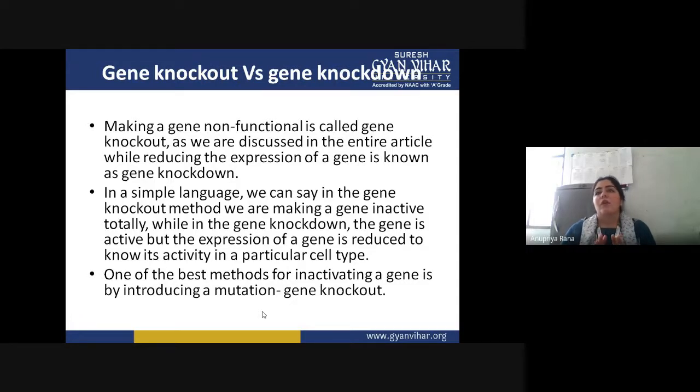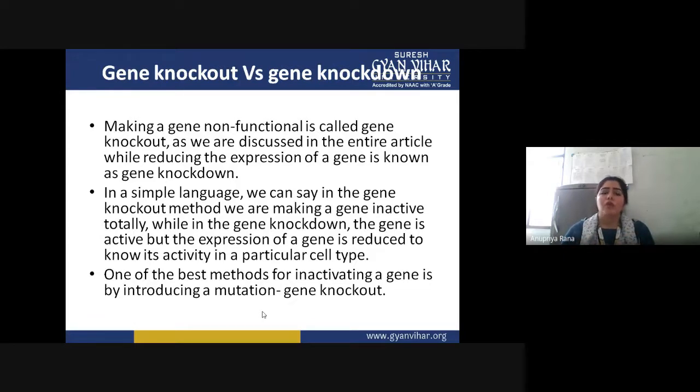But if we want to study in a short time, this gene knockout process is very long and time consuming. As you know, we have to do all the lab work, then inject, then inside the mice we need a lot of time for the mice to mature. We need to do breeding, then their offspring will mature, then we study them. So this is a time consuming and long process.